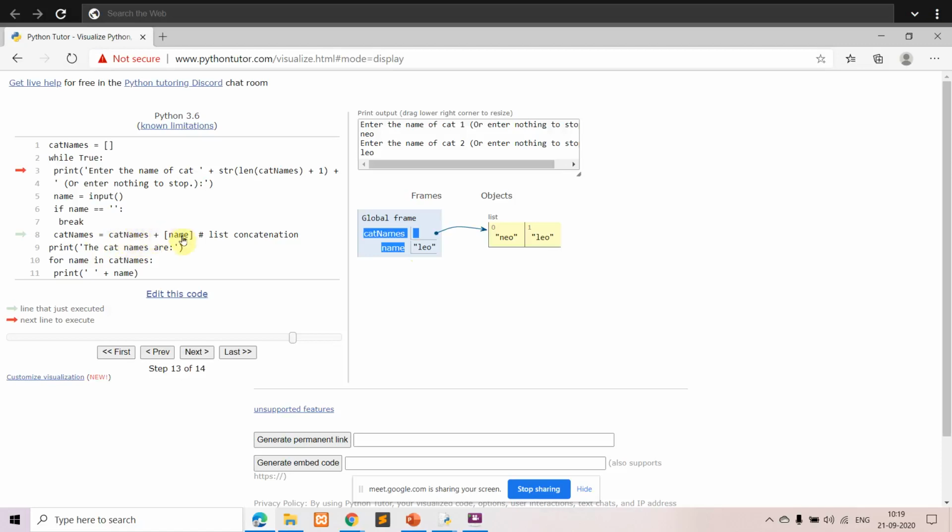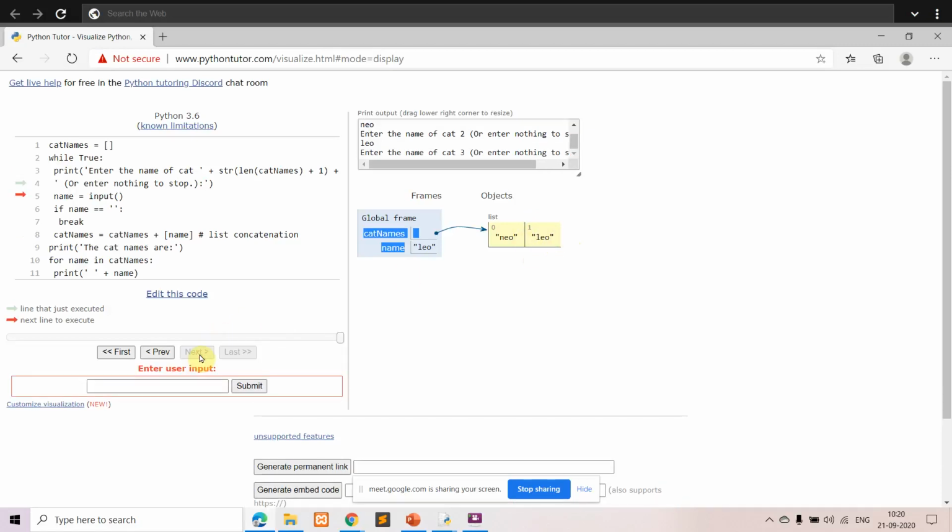So first you had in the list only Neo, so for that you're concatenating the next name. So in cat names of 1, you have the next name, that is Leo. Okay, like this it goes on. So again if I'm entering the next name, I'll enter the next name. So what happens?